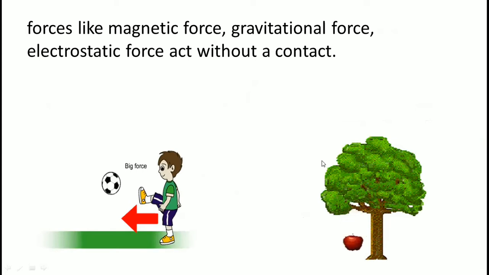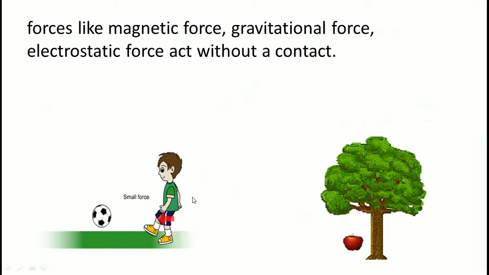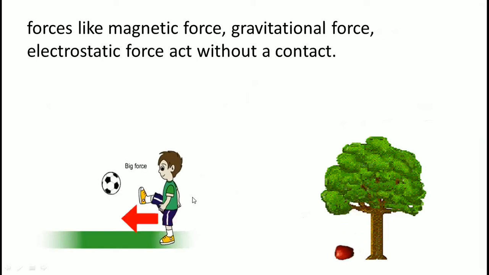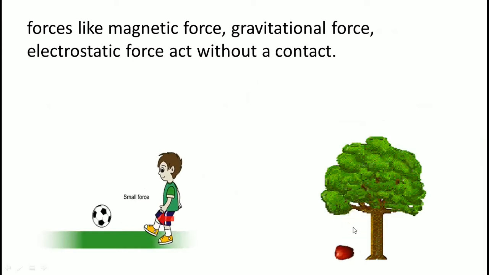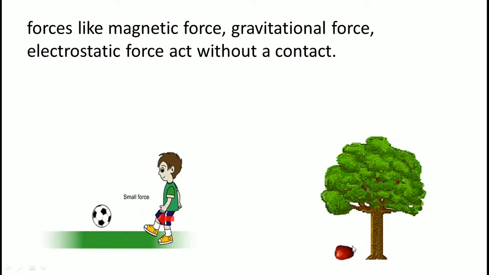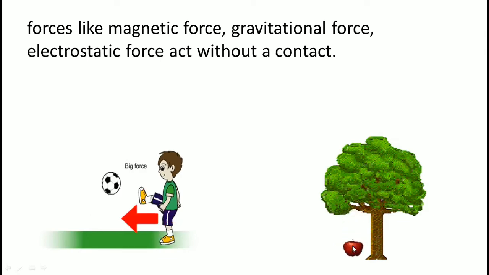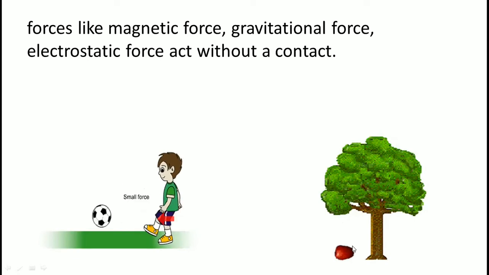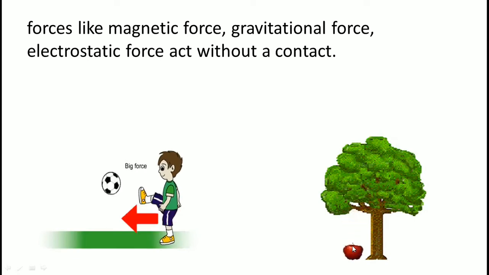In your textbook, an example is given of a coconut falling from the coconut tree. Here I give the example of an apple falling on the ground, which is the gravitational force. Which force is called contact force? A force that acts in direct contact with the object, via one or more objects. Such a force is called contact force. That means you have to give examples of contact force and non-contact force.